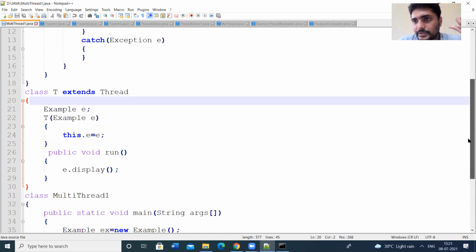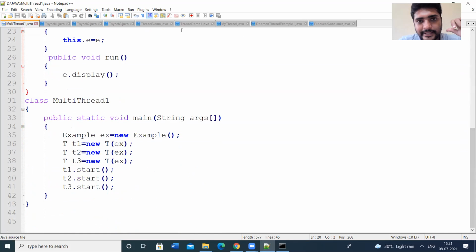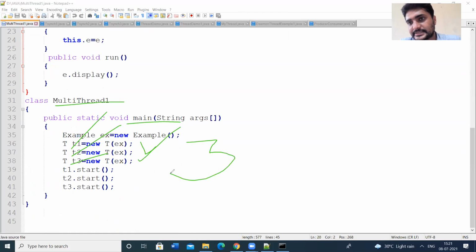Here in the main thread, that means in the main class, the main method will be there. Here we will create the threads like this: t1, thread 1, thread 2, thread 3. That means here we have created 3 threads. So multiple threads are defined here.